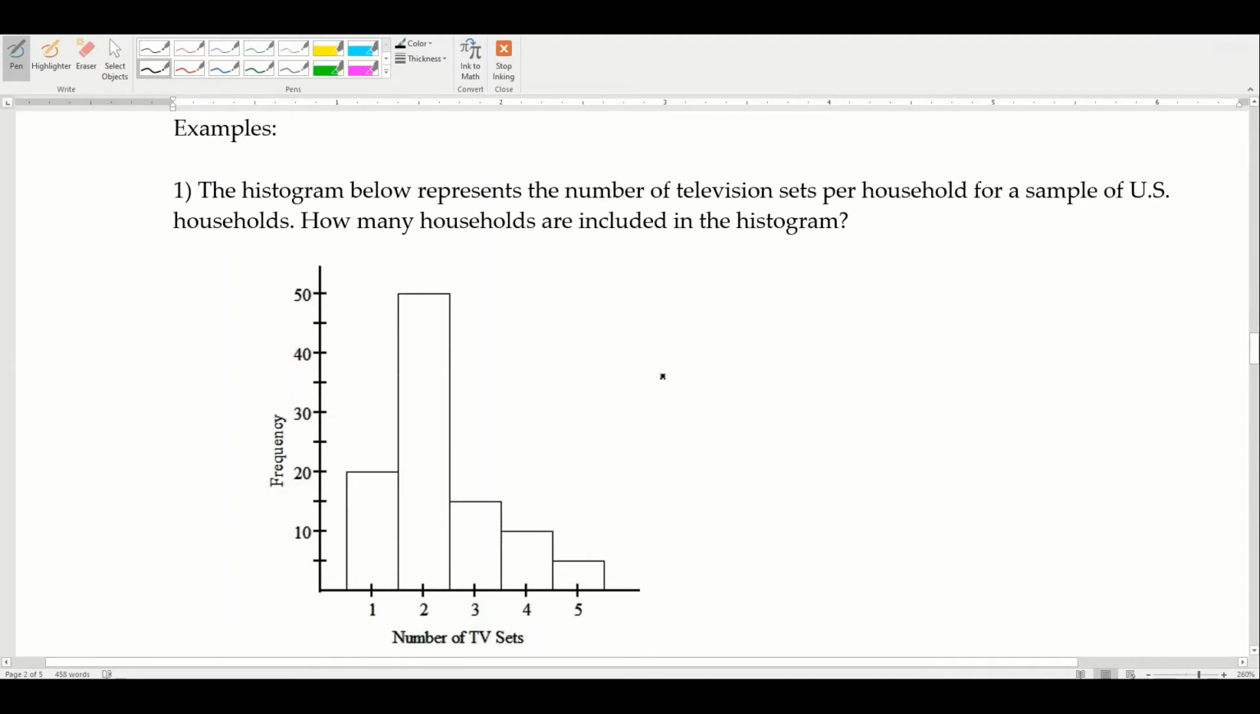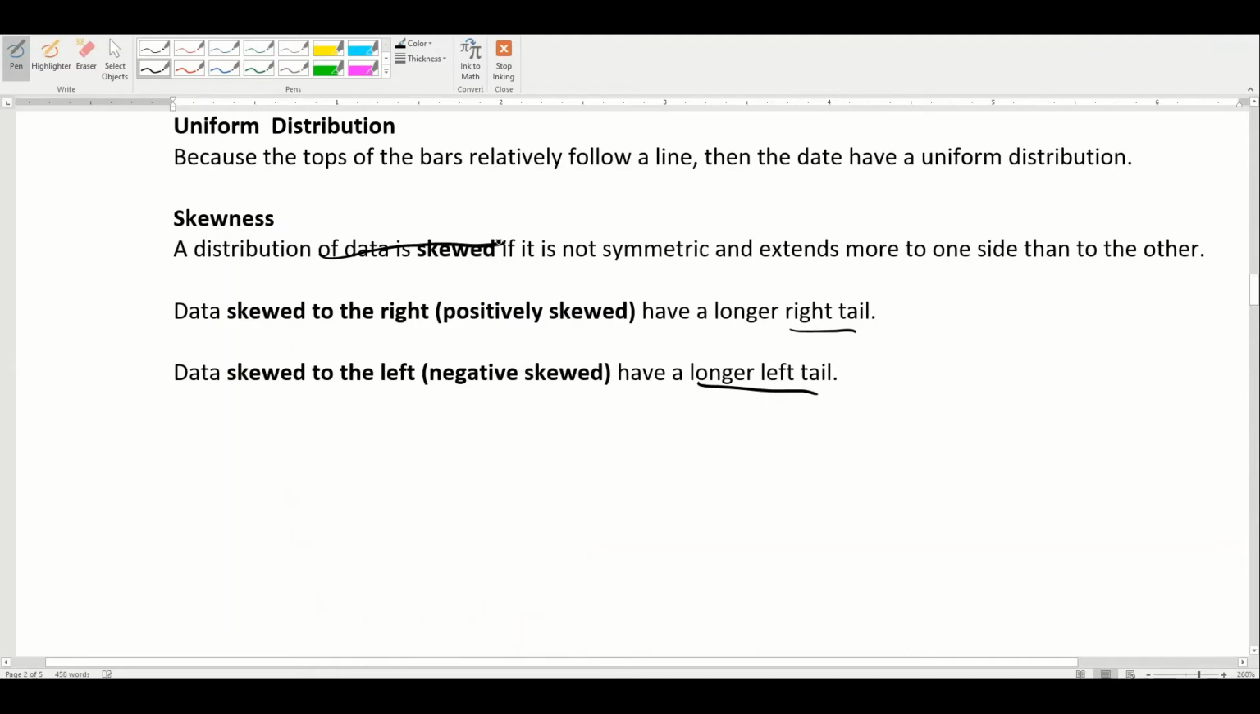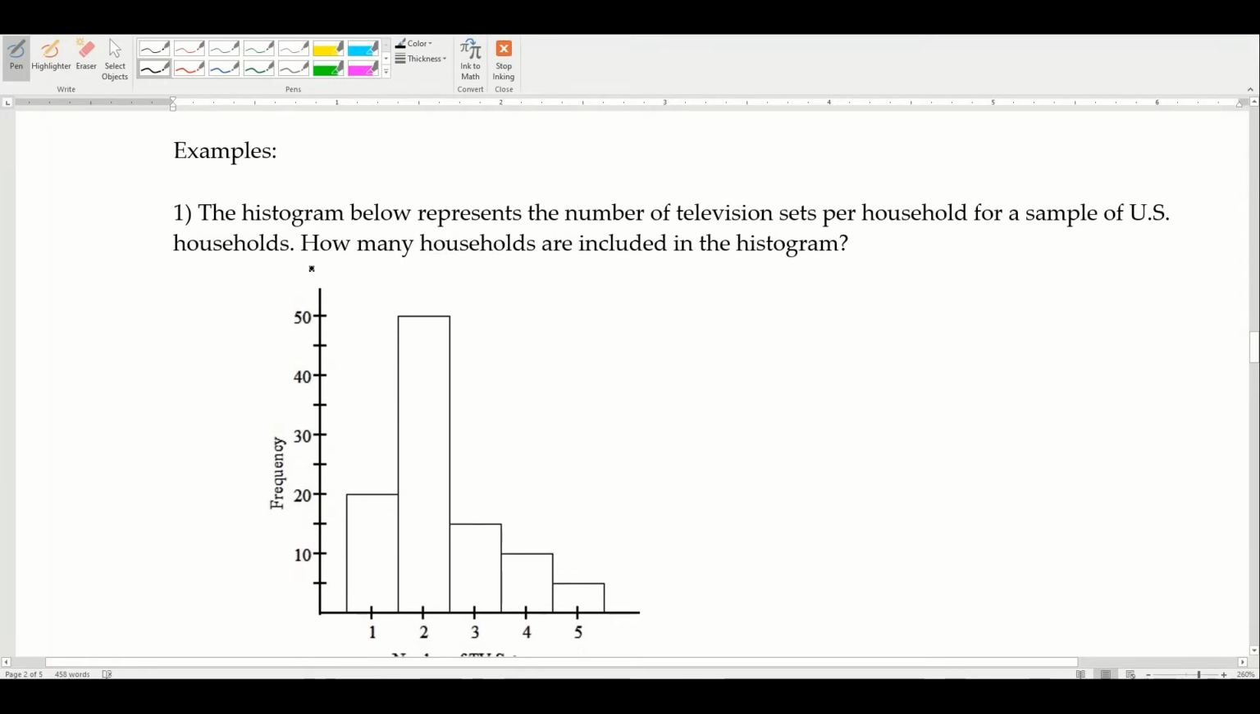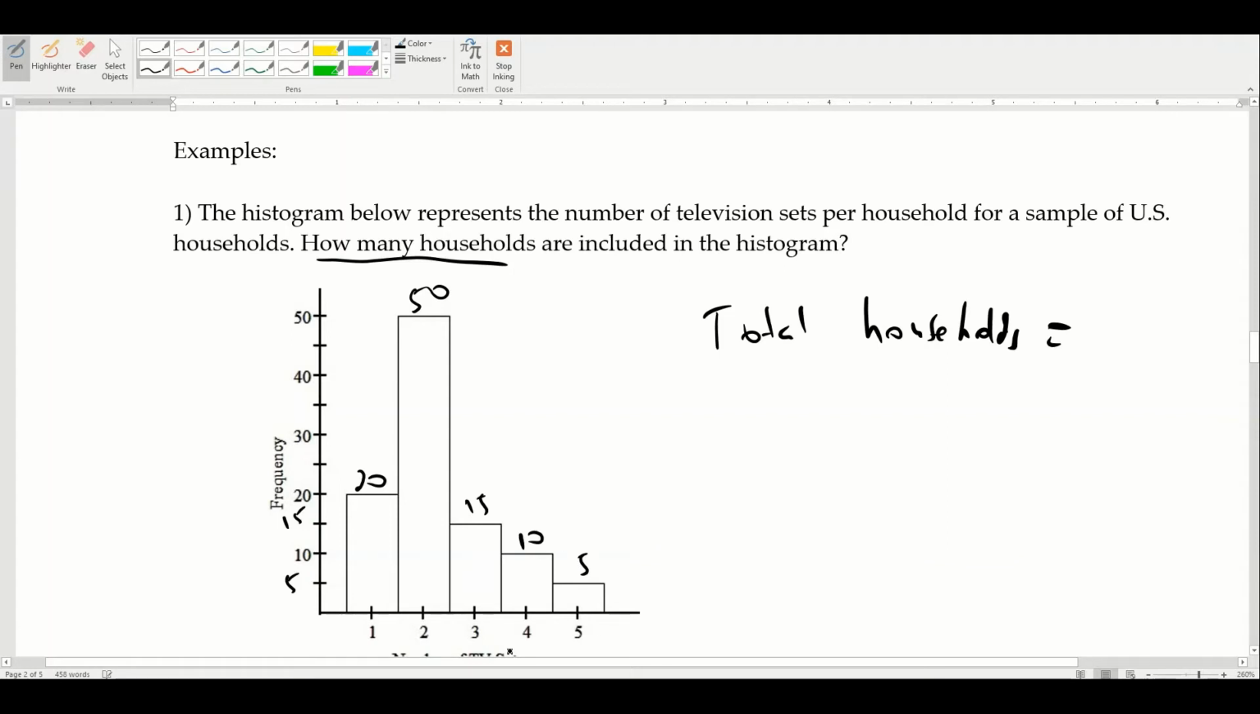So the question is, you got a histogram. How many households total? So what you want to do is to find the total households. You want to add the top of the bars. So that's like a 20, and that's like a 50. I'm just approximating. So that would be 15. That looks like it's a 10. And that looks like it would be 5. I don't use those numbers,